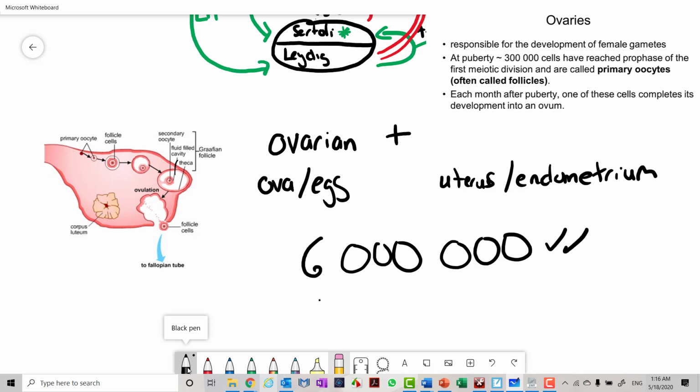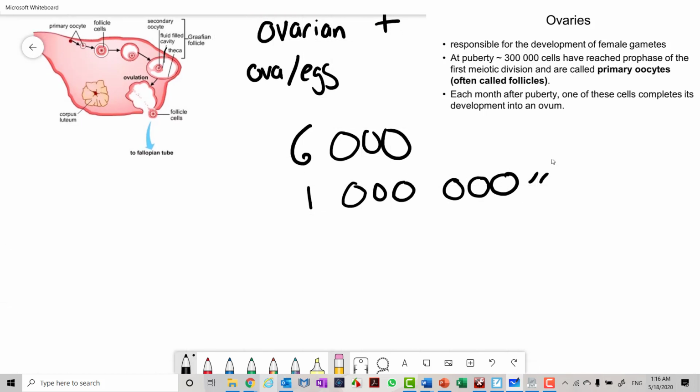By the time the baby's born, many of those eggs have been lost. So by the time the baby's born, there's about 1 million eggs. And then by the time you hit puberty, there's even more loss. So you're losing a certain number of eggs per day. By the time you hit puberty, you're down to about 300,000, which is still plenty, because of those 300,000, very few of them are actually going to come to a place where the egg can potentially be fertilized. So inside the ovary,